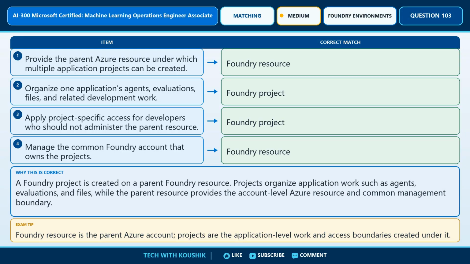Here are the completed matches. Pair provide the parent Azure resource under which multiple application projects can be created and Foundry resource. Pair organize one application's agents, evaluations, files, and related development work and Foundry project. Pair apply project-specific access for developers who should not administer the parent resource and Foundry project. Pair manage the common Foundry account that owns the projects and Foundry